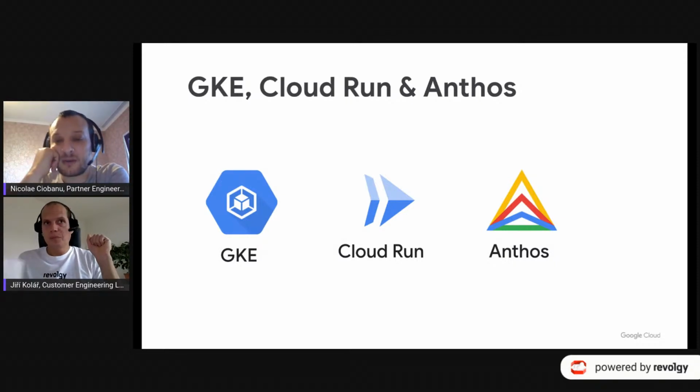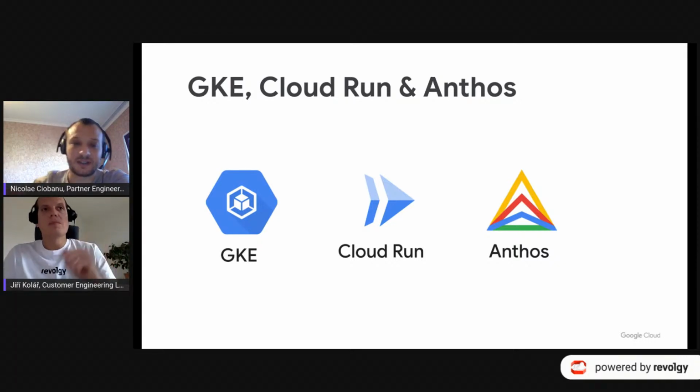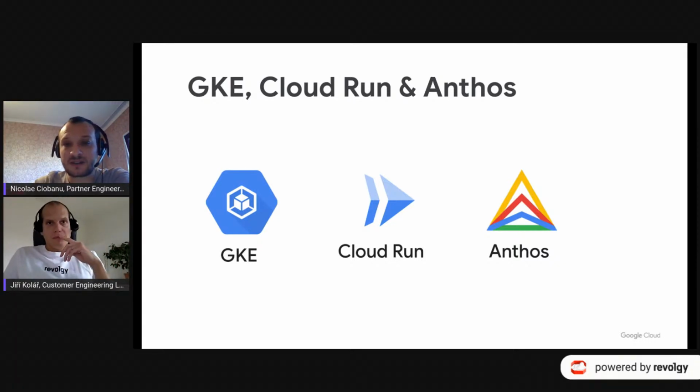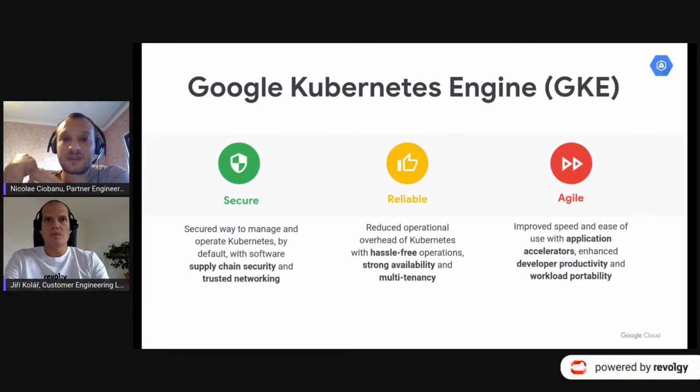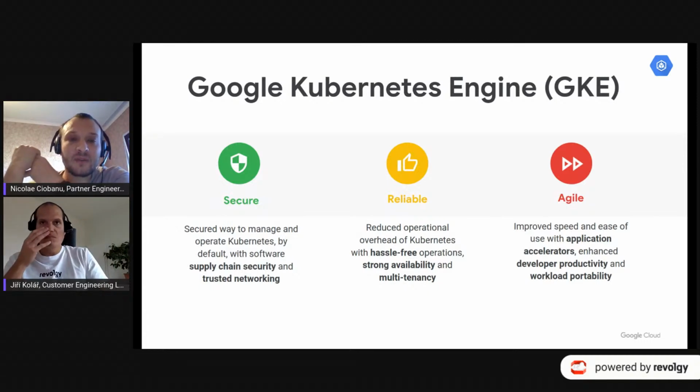So I will share a few words about these three products. So it's GKE, Google Kubernetes Engine, the CloudRun, and of course Anthos. So let's start with the first one. So if you move please to the next slide. So the first one is of course the Kubernetes Engine. And well, I will give you only the features that we are considering most important